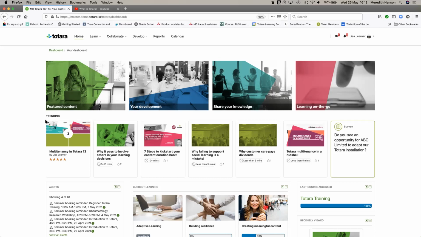And those rules or criteria extend across the user profile information, their learning and current learning and past learning. So what courses they have or haven't completed, or what programs they have or haven't completed, as well as anything relating to their job role or their location or team or department that they're working across. So it means you can support these multiple dashboards, have one dedicated for an administrator, one for a course creator, one for a manager. You might also have them specific for maybe your first aiders or for a certain type of role or job that is common or even uncommon across an organization.